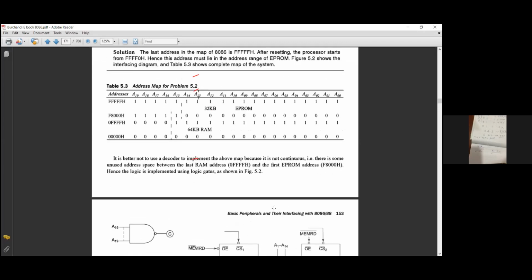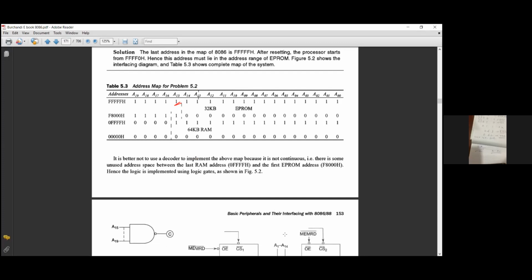Just see the dotted line. 32 KB, 64 KB, 32 KB 1, 64 KB RAM. Up to A0 to A14 is changed, A15 is unchanged. Okay? A15 is unchanged. Yes, sir. So next,